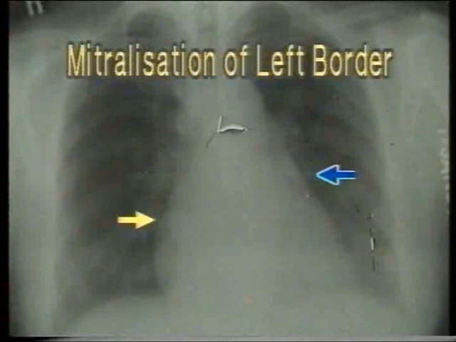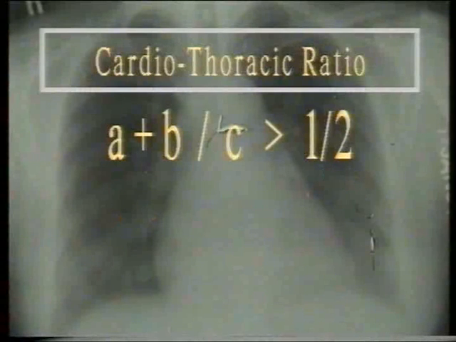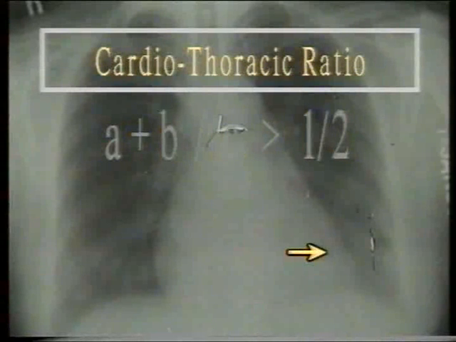The other signs of left atrial enlargement will also be seen, that is the double atrial shadow shown here by the white arrow and elevation of the left bronchus. Secondly, there is enlargement of the left ventricle causing cardiomegaly, that is the cardiothoracic ratio is more than half. The cardiomegaly is proportional to the degree of mitral incompetence and duration of the lesion, and the apex is displaced